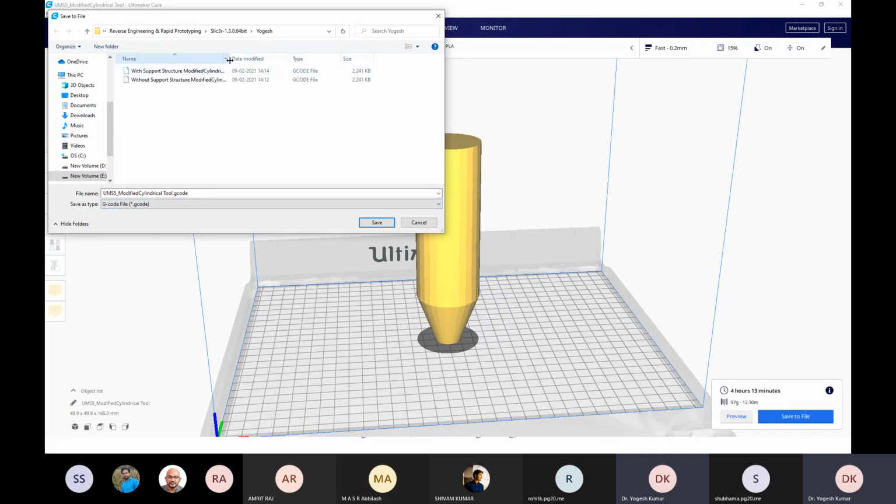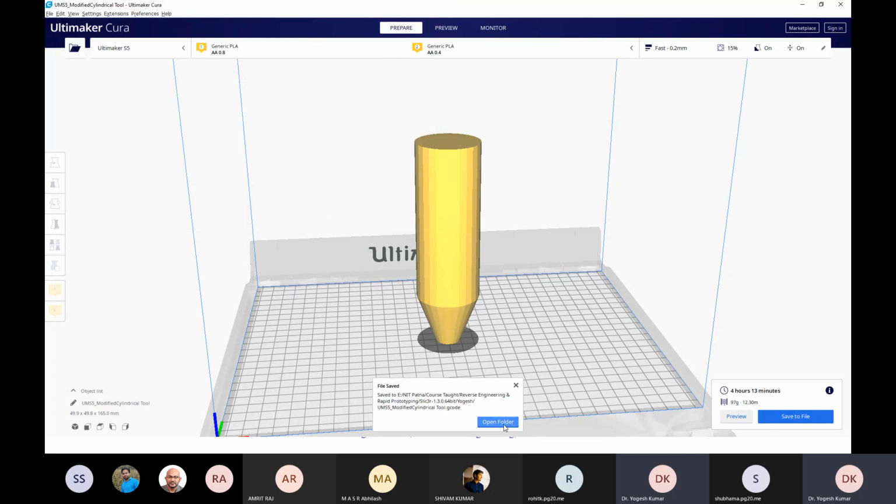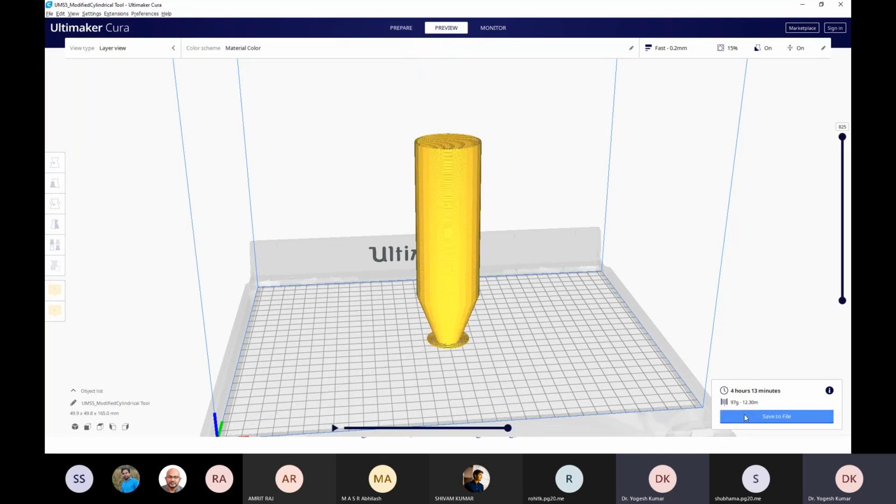These two files which we created in your previous software, Slicer, now we are using this Ultimaker software for doing the same process. Now click on preview. Here you can see how many layers are there.